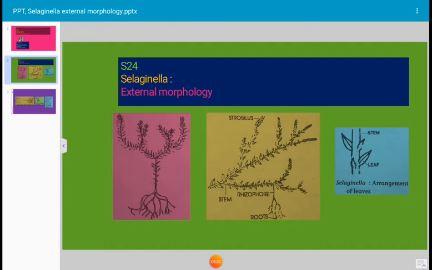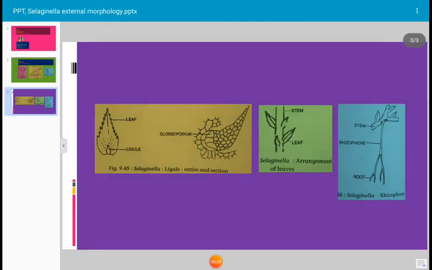It is best seen in young leaf as shown in the photograph, but when the leaf matures, it withers and falls off, and therefore it is not seen in mature leaf. The function of ligule is not well known. The ligule is thought to be a water secreting or absorbing organ and keeps the stem apex moist. It is perhaps true as the glossopodium shows a structure similar to water storage parenchyma. See the photograph.